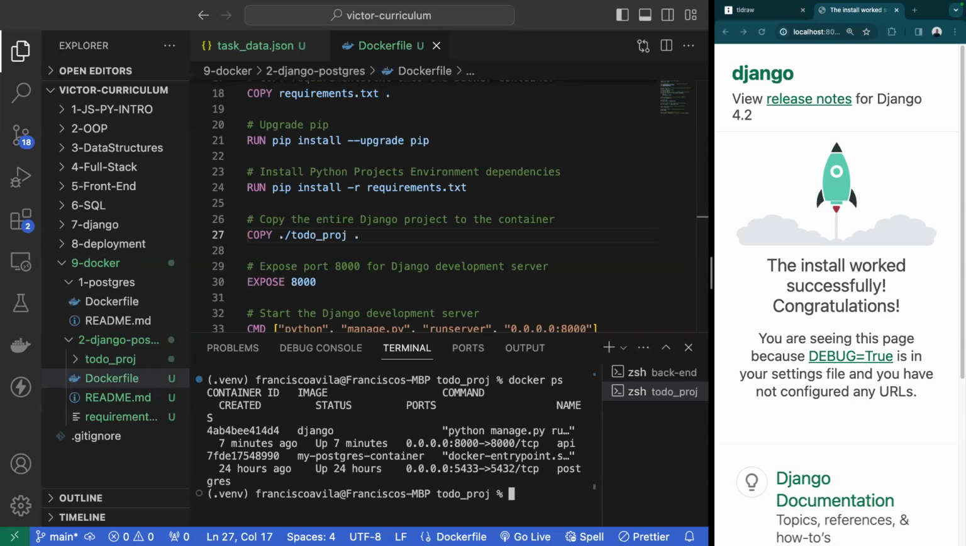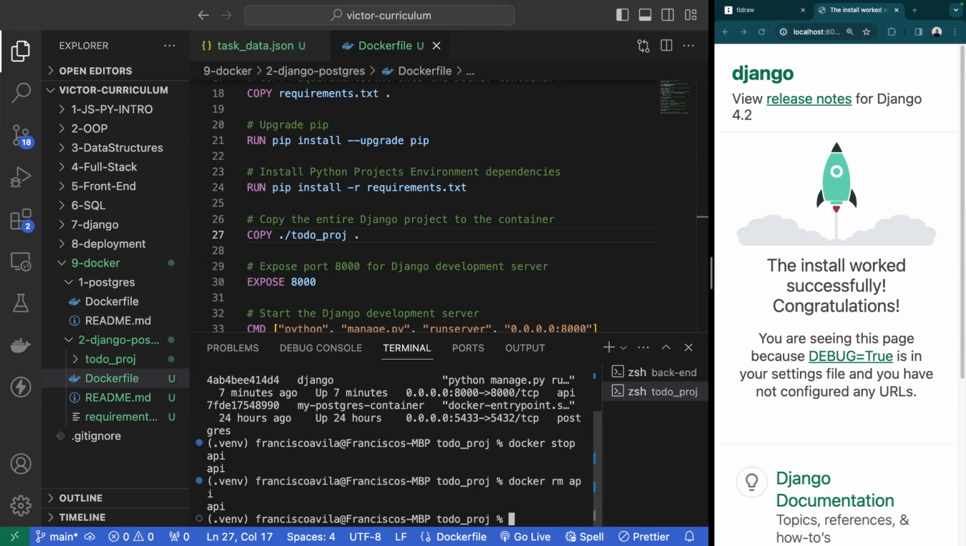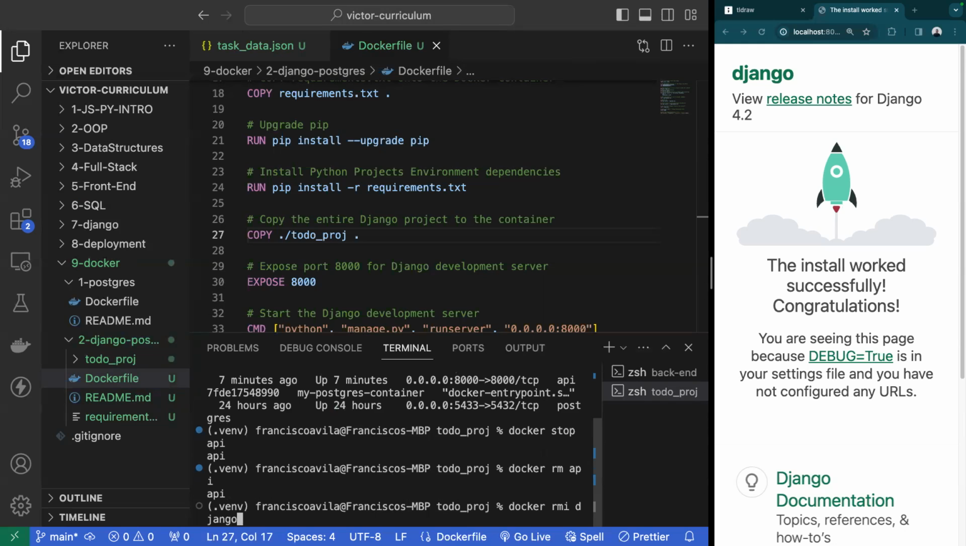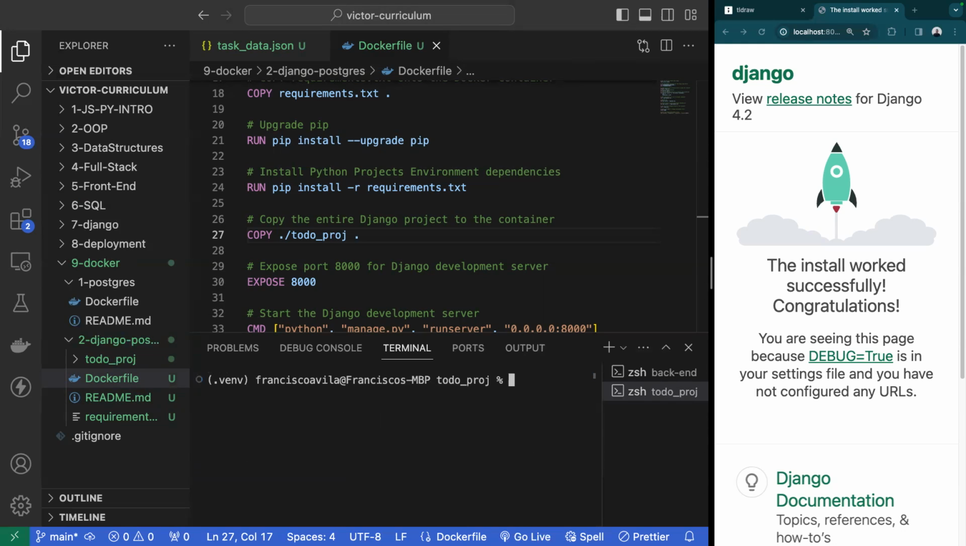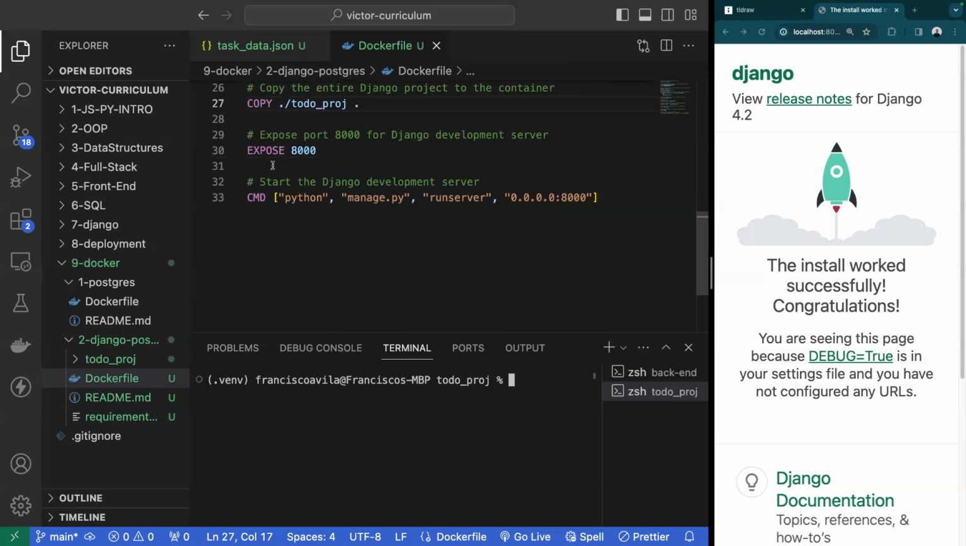So again, I'm going to run docker ps. I see that we have Django or API. I'm going to say docker stop API. I'm going to tell it to remove API. I'm going to say docker rmi django, and that's going to get rid of Django. And I'm just going to run the same commands. I'm going to rebuild my image with my new changes because I need to copy what my project currently looks like, right? So now let me go ahead and docker build